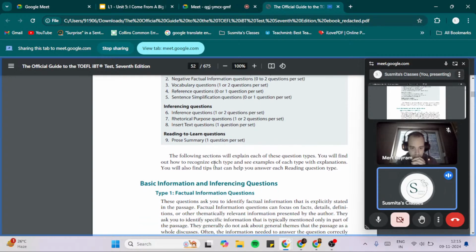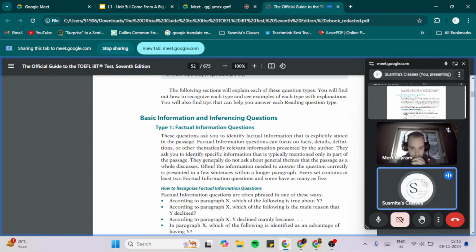Now, if you remember, I had already told you that when we read the passage, we have, say, 6 to 7 paragraphs in it, right? Whenever you are asked a question, it would be asked according to the paragraph. So you don't need to read the whole text when you are attempting the question. But of course, once you start with the reading section, it is suggested that you read it thoroughly, but read it quickly. Don't spend a lot of time on that. Don't read everything word by word. Try to just scan through it.